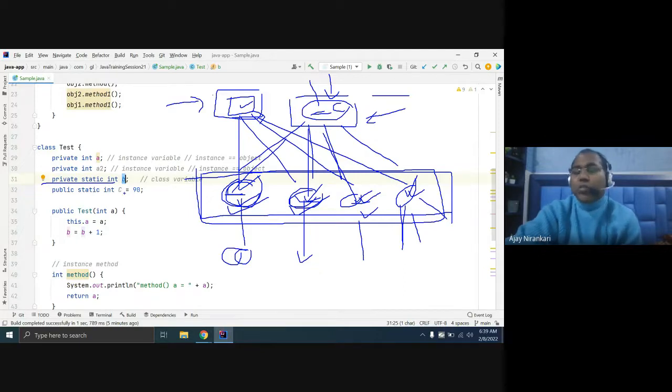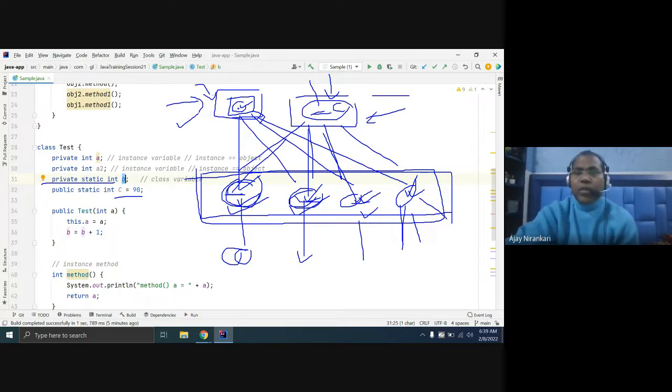Generally all constants we can declare as a static variable, because a constant has only one value that anyone can access. So if object 1 accesses C, it always gets 90, and object 2 also always gets 90. So generally all constants which have the same value for all the objects are marked as static.